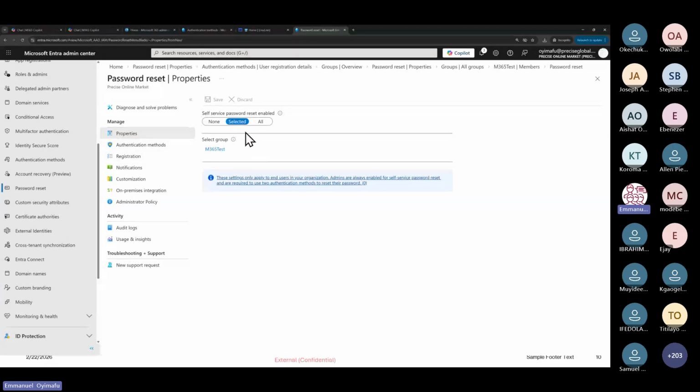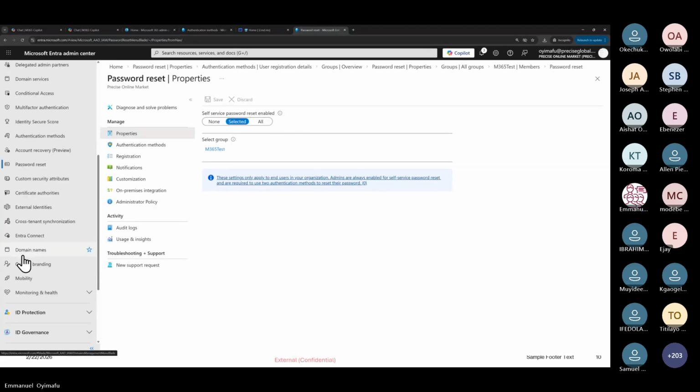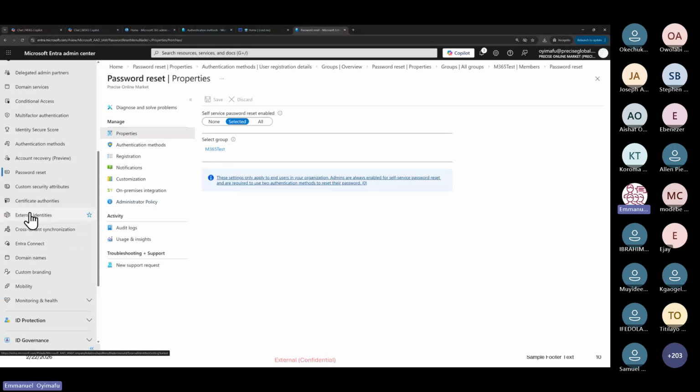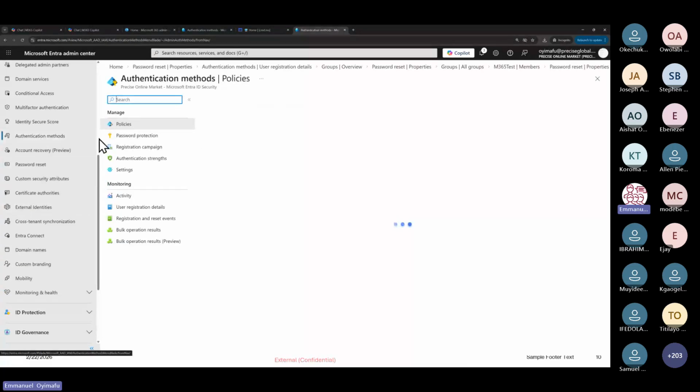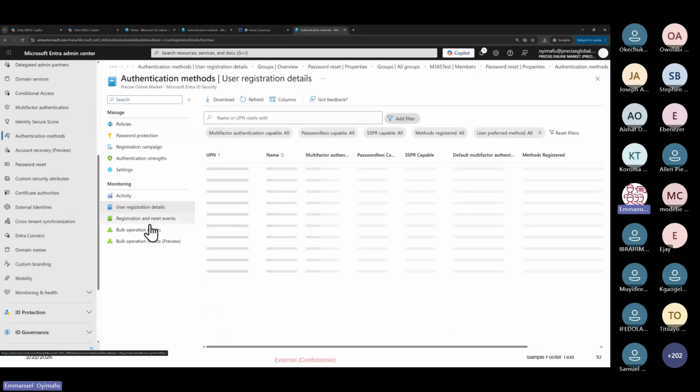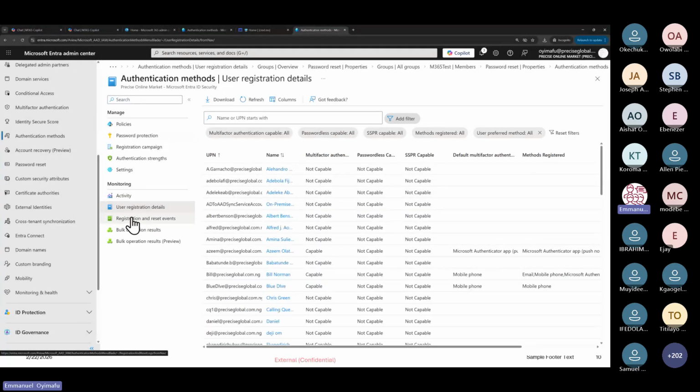So now let's confirm if those users I selected are SSPR capable or they are not SSPR capable. So let me come to authentication methods. From authentication method, we are still going to touch this authentication method very well. But let me just come to user registration details so that we can see the registration of people that are capable.